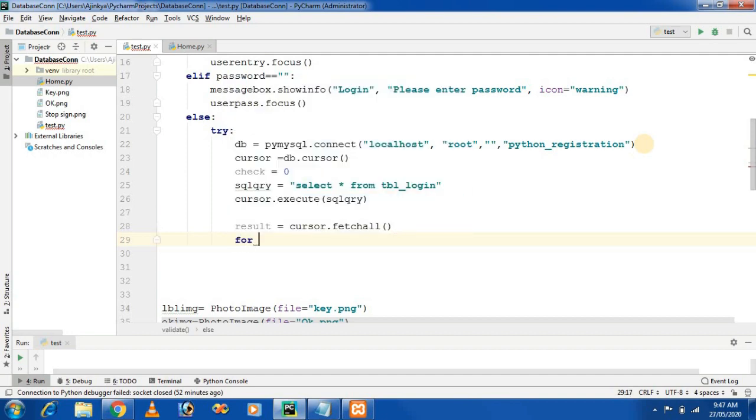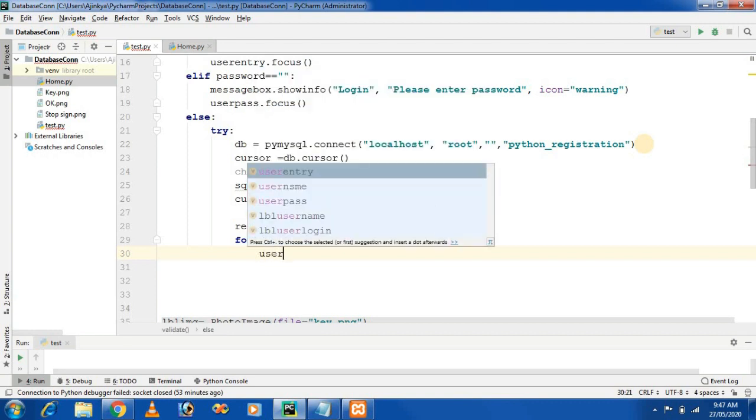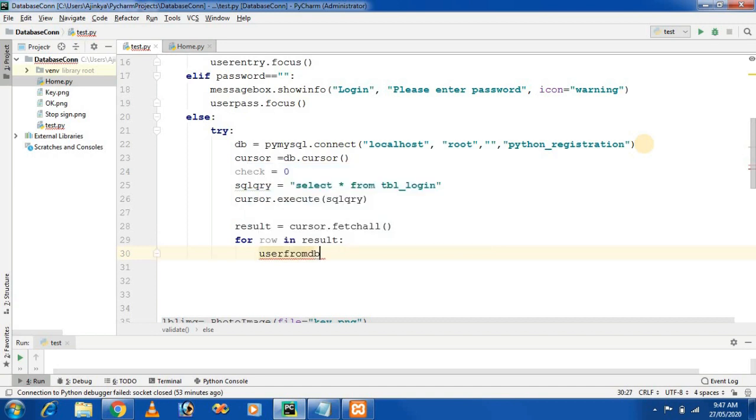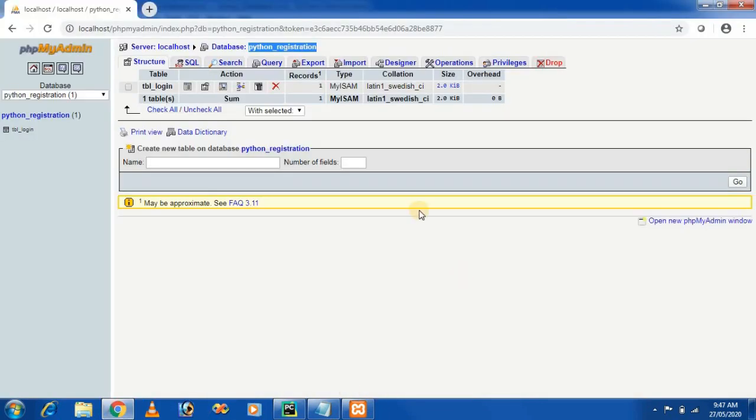So for row in result, our records are present in the result variable. This is checking row by row. I am creating another variable called user_from_db. This is a variable name, and a row of index number 1, because in our database table, if you check,